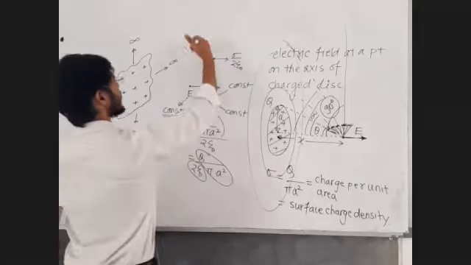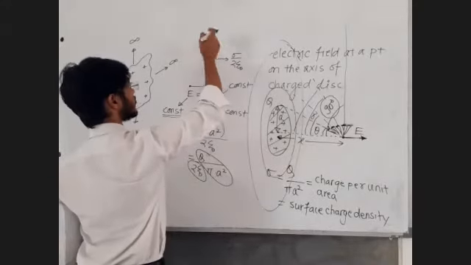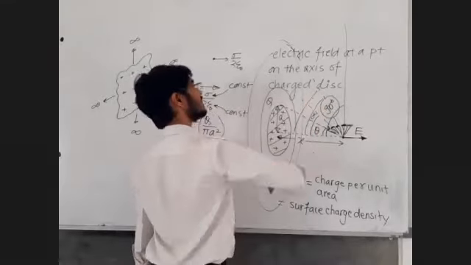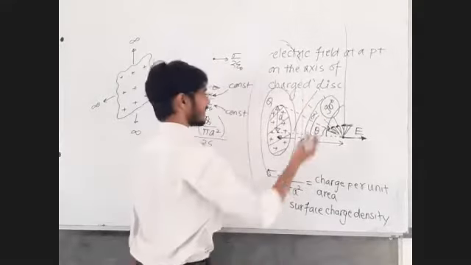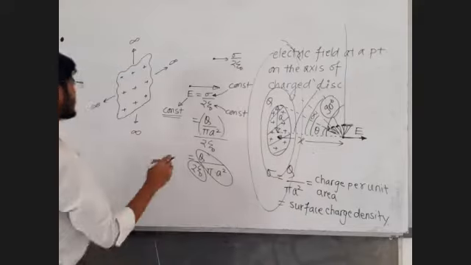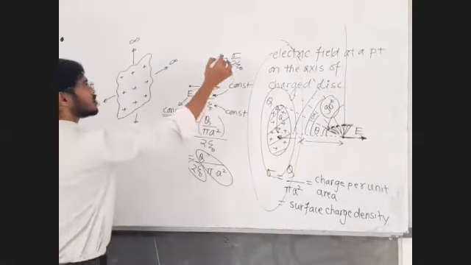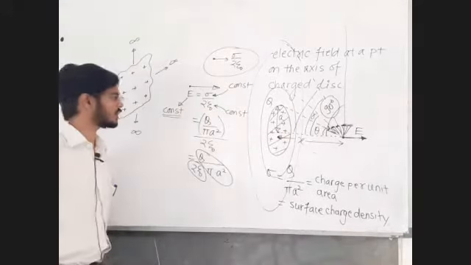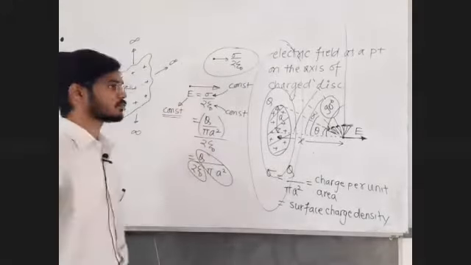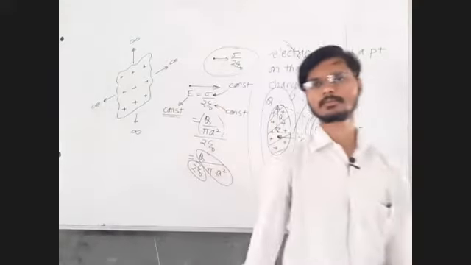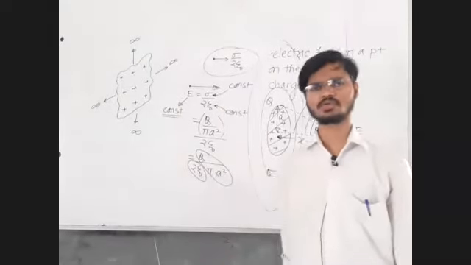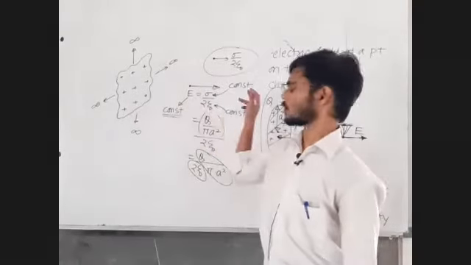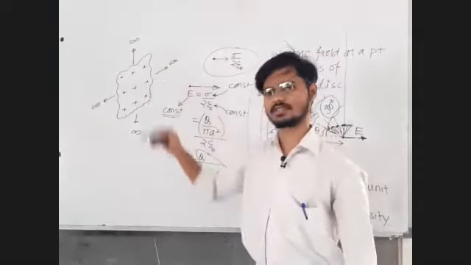From any point you find theta, it will be 90. Look from any point, let the point be here, or here. The disk is infinite, the sheet is infinite, and the angle is going to be 90. So everywhere, at any point, the field is going to be sigma upon 2 epsilon 0, a constant value. Write this down. Let me know in the chat, clear and written, that the field is constant. Agree, disagree, please check. You can decide the direction. If the system is positively charged, it is away from the system. If the system is negative, it is towards the system.